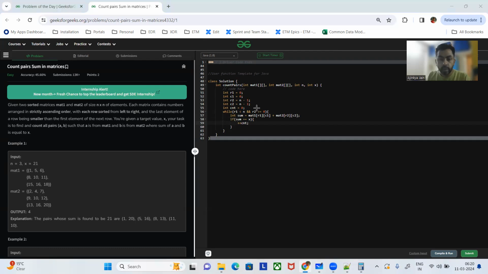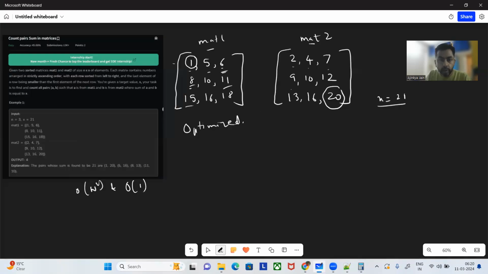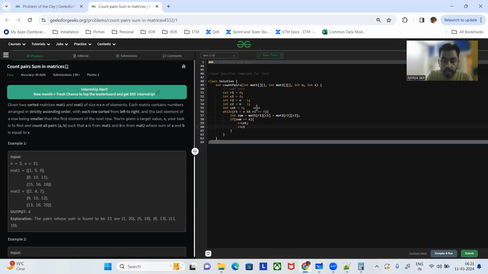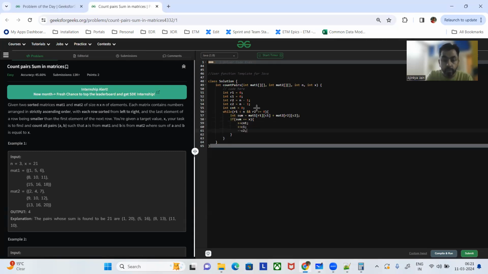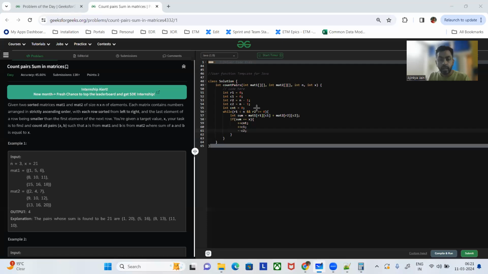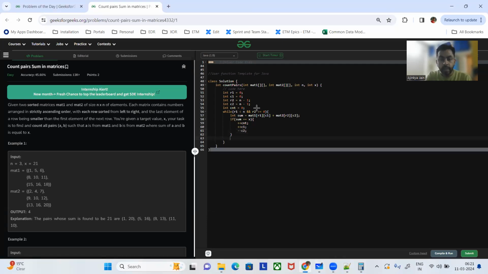So now, since we found the pair, we want to move ahead to find the other pairs. So we'll increment C1, the column C1, and we'll decrement the column C2. Here, if you see, now we'll come to 5, and in mat2 we will come to 16. Okay. For example, now if the sum was not equal to x,